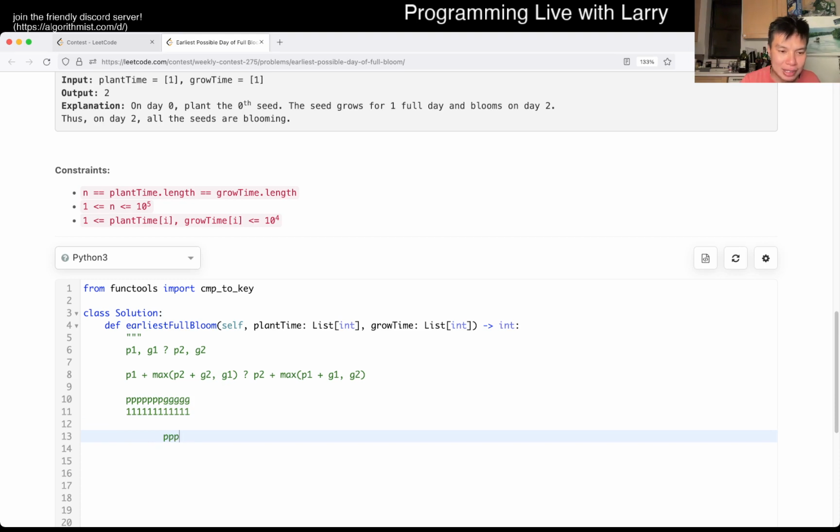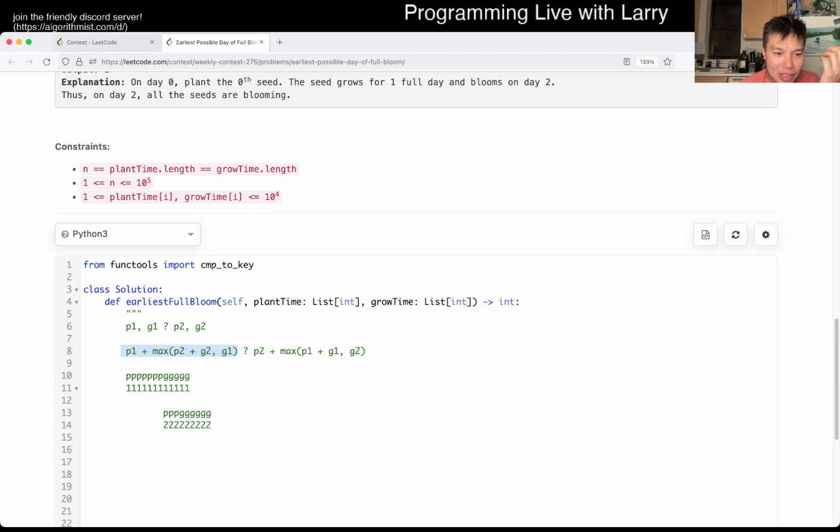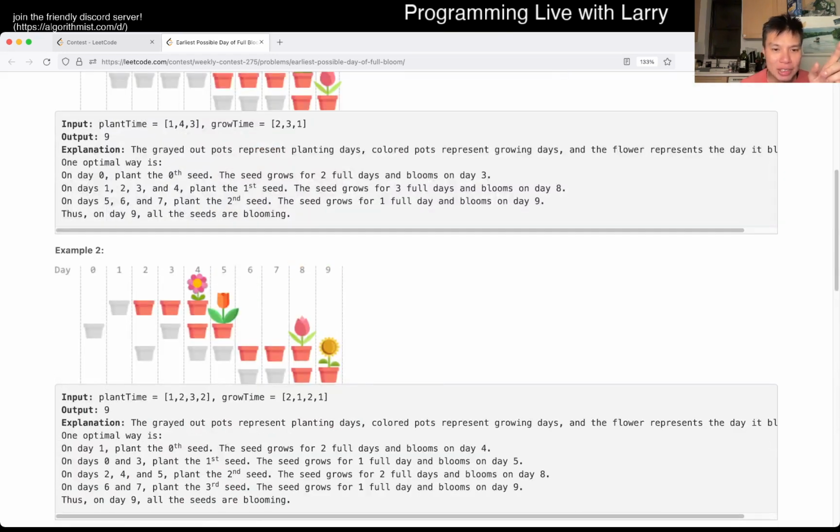So now we have this for planting, and for the flower, right? This is the visualization that I would have for this formula. P1 we have to plant, and then as soon as we can, which is after this finishes, we plant. Also, one thing is that on these examples, they always try to trick you with some weirdness. So look at it, but don't always hold yourself to it.